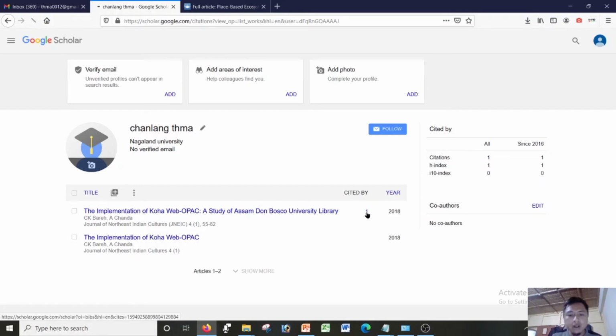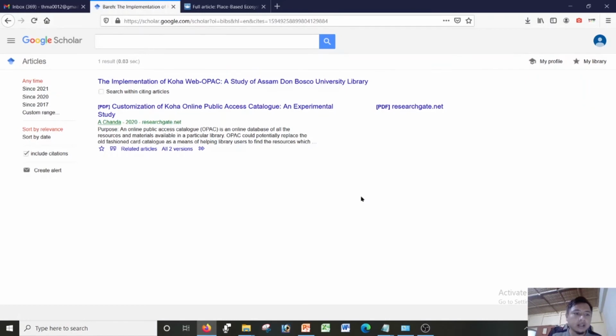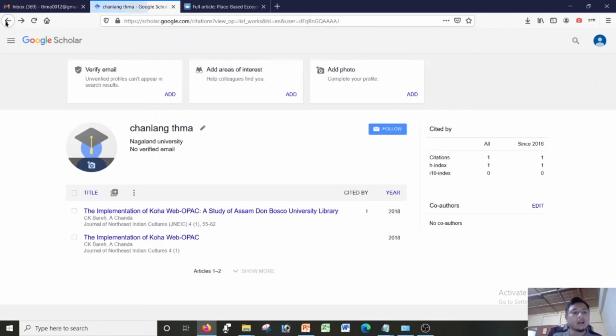If you click here on one, it usually will take you to the article which cited this one, Customization of Koha online public access catalog and experimental study. So basically this is how it gives you information about you, combining all the details, all your metadata, all your publications from many places. This is what Google Scholar does.